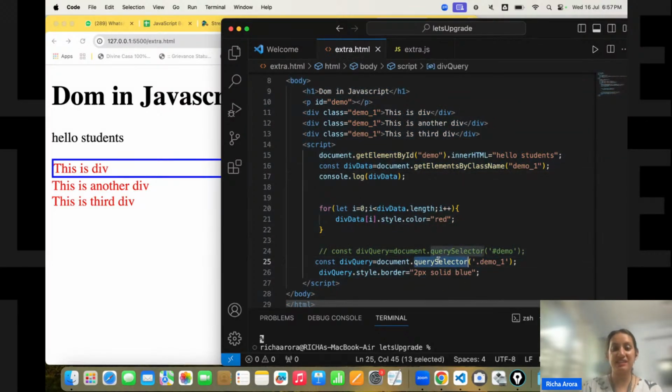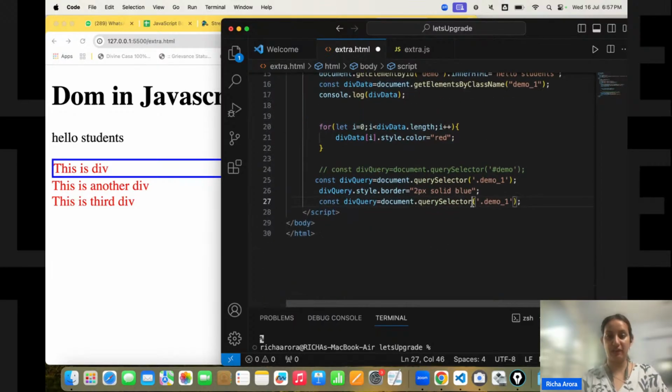But the one problem with query selector is that if multiple divs or p tags or section tags with the same class name are present, it is only going to consider one at a time. That means the first one that it encounters, which was the first one. So it is always going to consider the first element only. Okay, fine. Now, if I want to select all of them together along with the IDs and the multiple